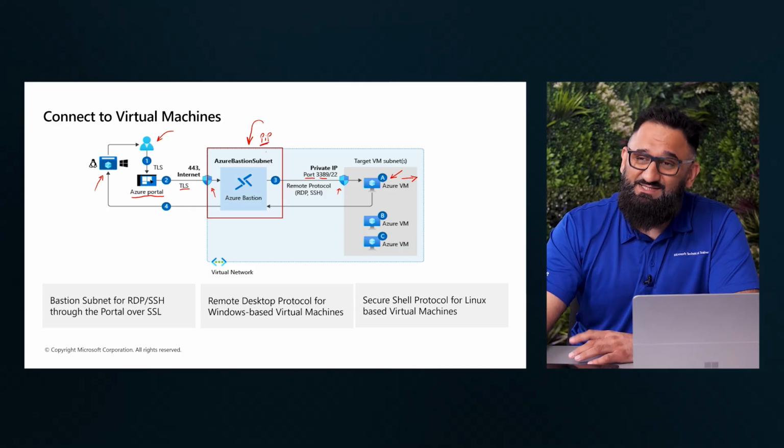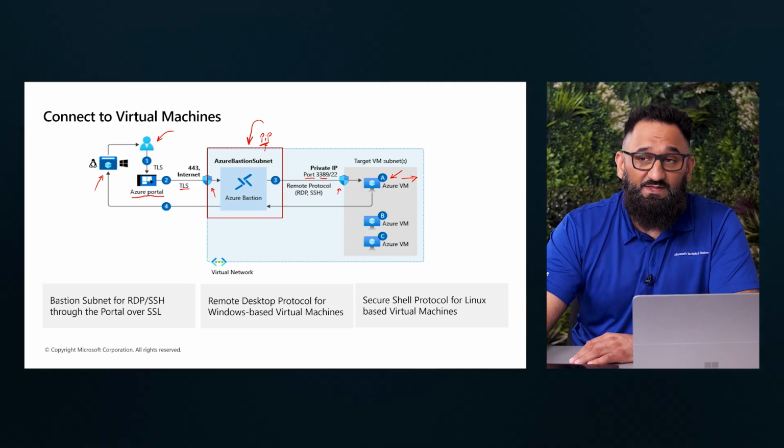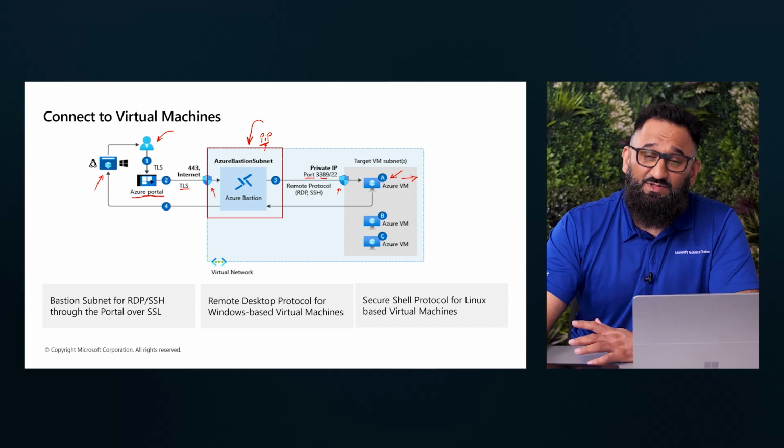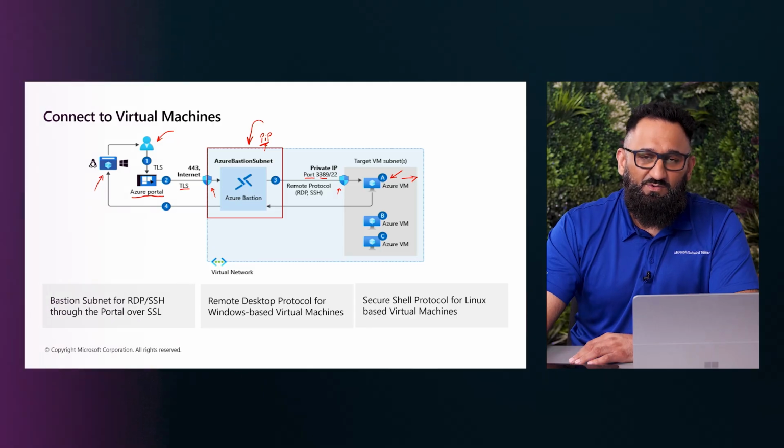However, the Bastion service requires a public IP for itself for it to work. I don't need to configure it. This is, again, like I said, a managed service, so any part of the service that it needs is already configured along with it. And one thing to bear in mind, this service doesn't come for free. So bear that in mind as you consider the costs of adding this to your solutions. Now let's have a look at this in the portal.